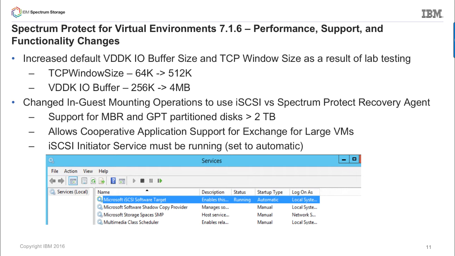And what we wanted to do now in version 7.1.6 is go ahead and add those features into the large virtual machine support. So specifically, what we did at 7.1.6 is we used to use a Spectrum Protect recovery agent for in-guest mounting, and at 7.1.6 we've changed that to always use iSCSI for in-guest mounting. And really what that does is allow us to support both MBR and GPT partition disks that are greater than 2 terabytes, and also